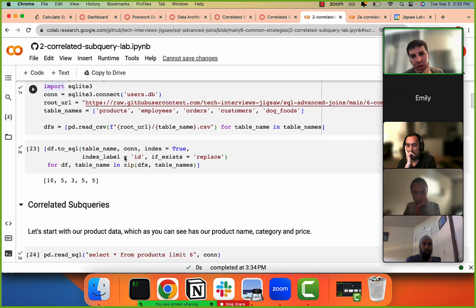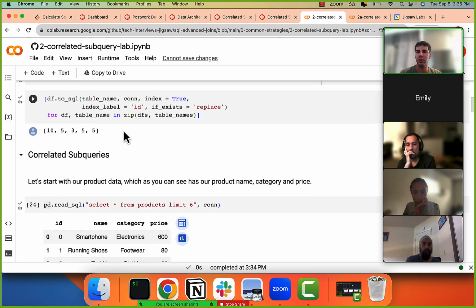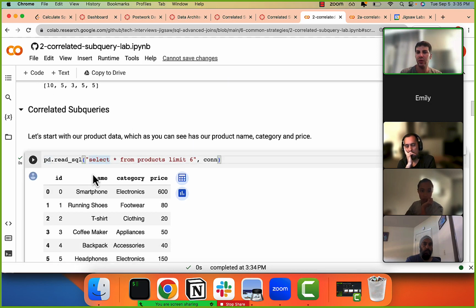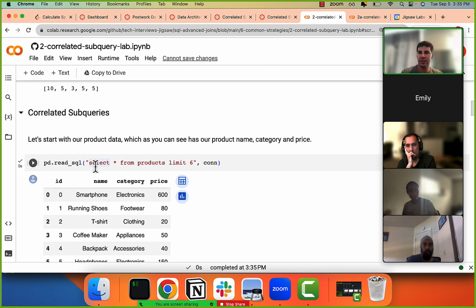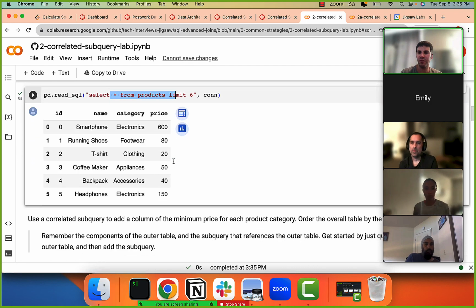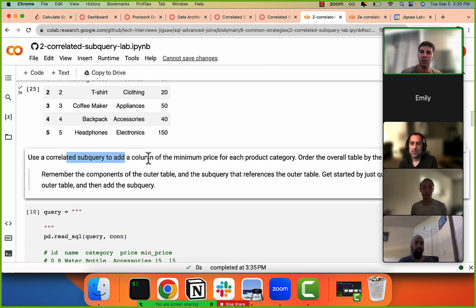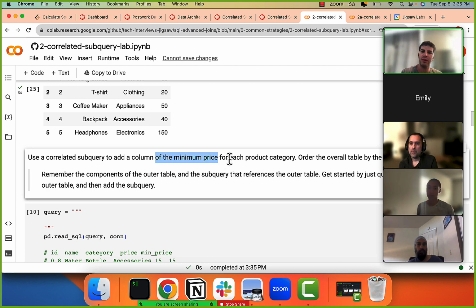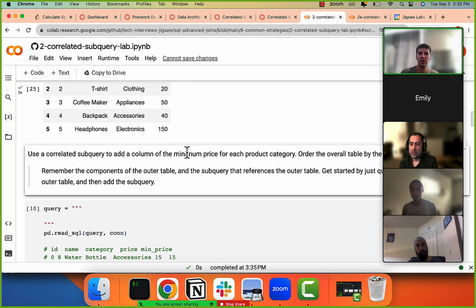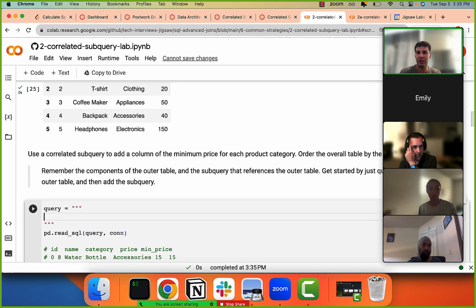So, okay, we're loading some initial data, and what we're starting with in this lab is this product information. Then it says, use a correlated subquery to add a column of the minimum price for each product category. Right off the bat, when you see this problem, you should probably not be thinking correlated subquery, but rather a window function, because minimum is a window function we can use, and it's probably a little bit easier,